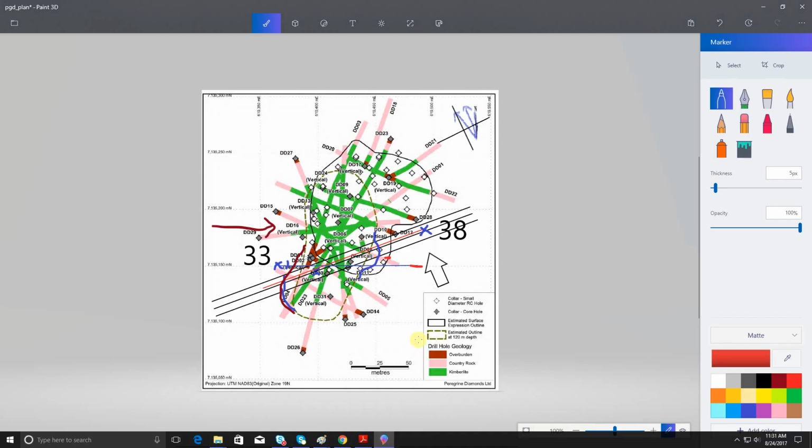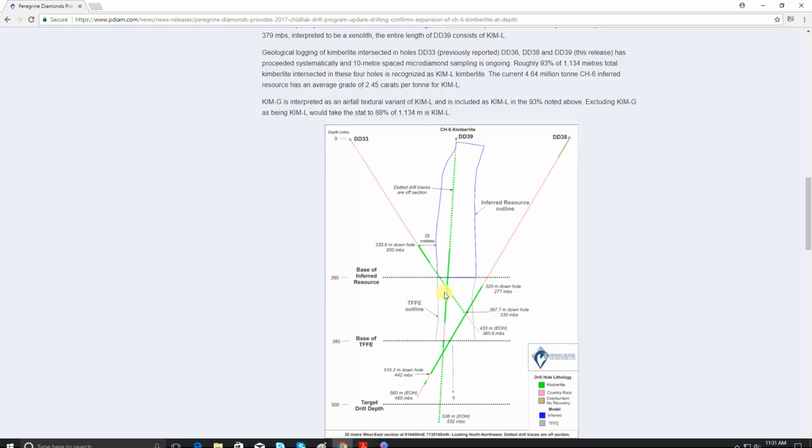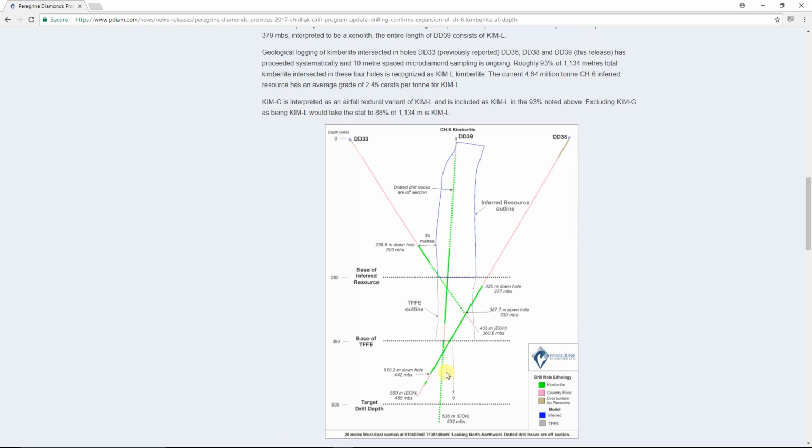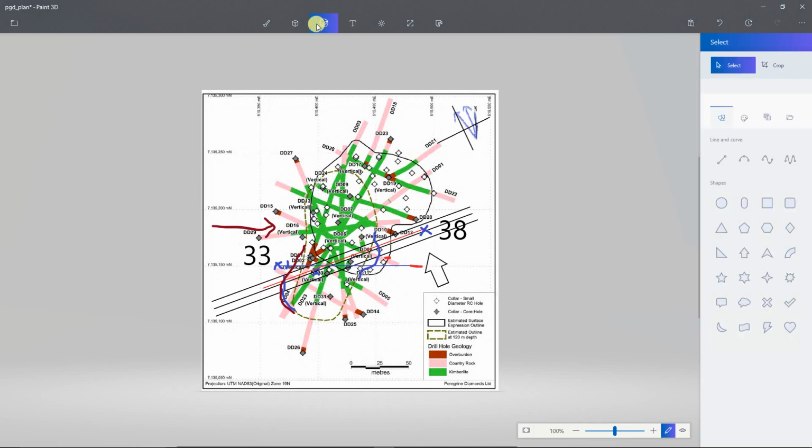So if I go back to here, an azimuth of 200 would be, if we're looking all the way down, 180. So it's actually 200. So it's actually going kind of at the azimuth of the body here. And if I were to plunk it up, we know that it goes near the center, or a little bit to the left of the model, and it starts. I'm going to interpret this as starting at the north of the section, and then ends at the south of the section. So we're going to end up with, put a little line here,